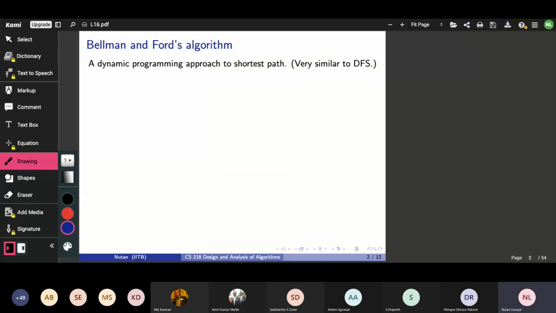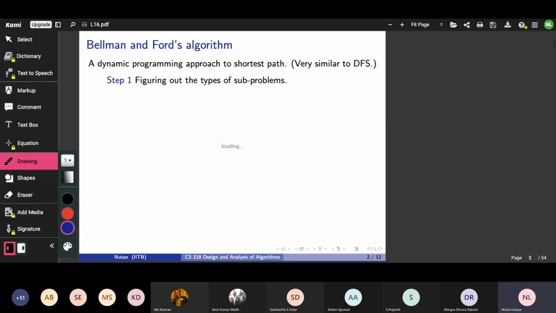If you recall, we are trying to solve the shortest path problem when the weights on the edges are allowed to be negative, and we are also considering graphs which are acyclic. Not only do they not have negative weight cycles, they also do not have any cycles. So that was the setup we were in the last live interaction. Here also this algorithm is ascribed to Bellman and Ford, and it's very similar to the DFS algorithm that you have studied, but with some important differences.